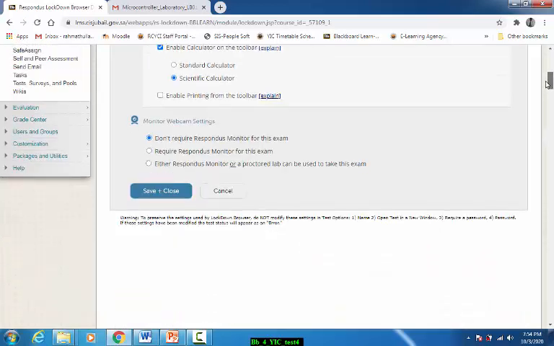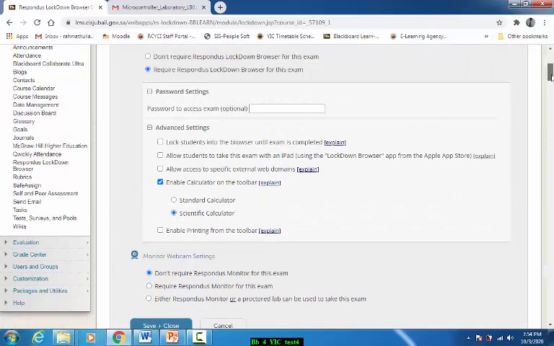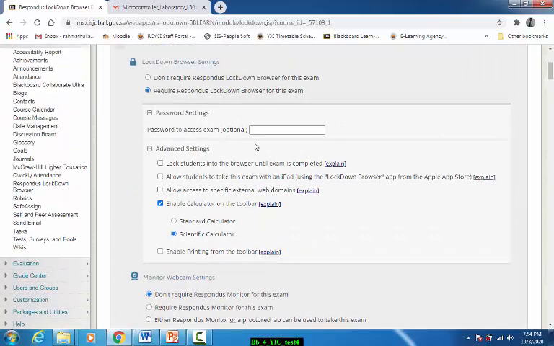Okay. The next part is monitoring. Monitor, the webcam setting. So if you want to have only the lockdown browser, you can have. But there is no use of only having the lockdown browser. If you have only the lockdown browser, any student can open the book, and the students can easily cheat.